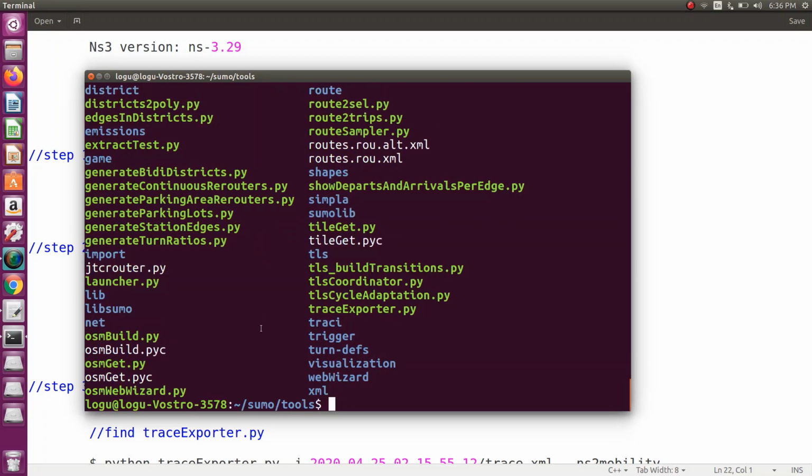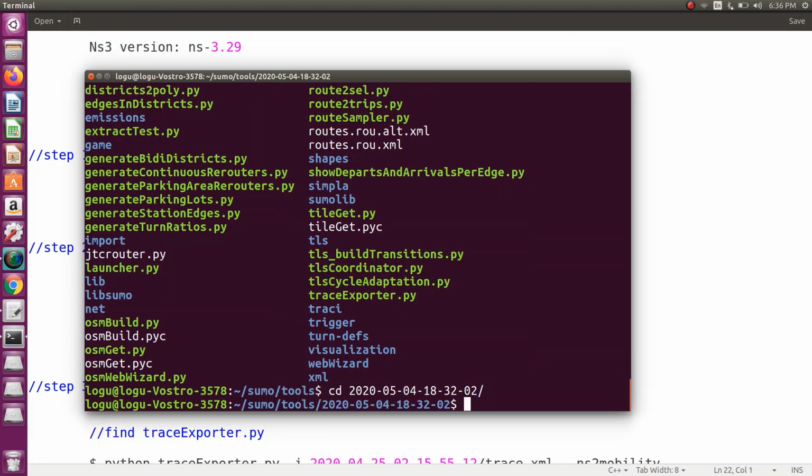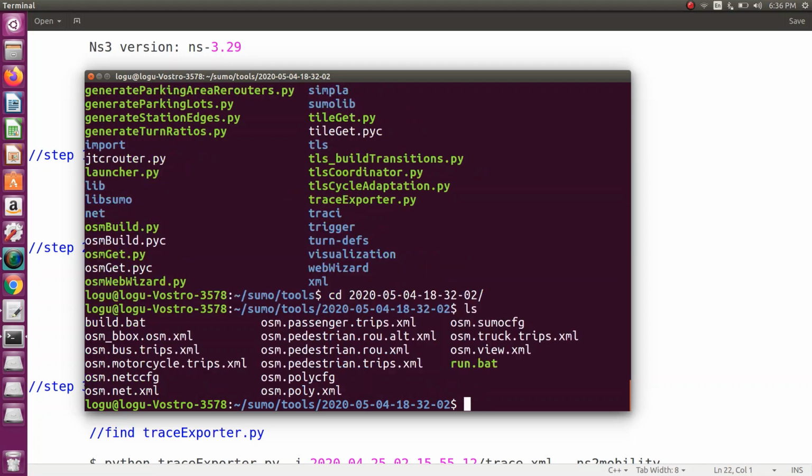Okay. So first you go to CD 2000, then LS. So here we have different XML files, pedestrian, passengers, then motorcycle, bus, then truck. So what are the things we are using? So all the things we have some XML files.